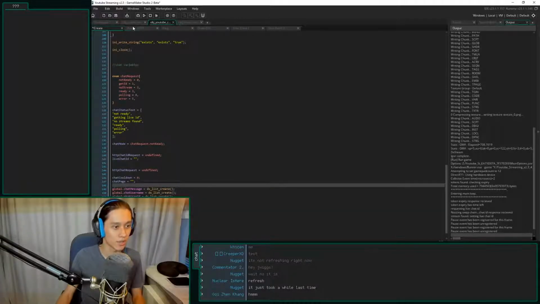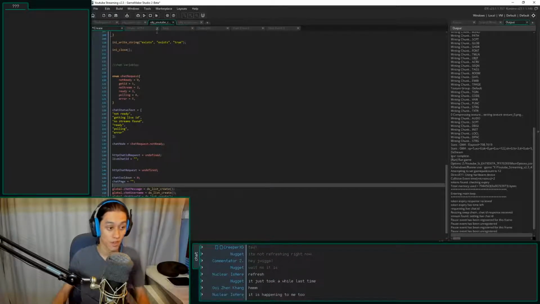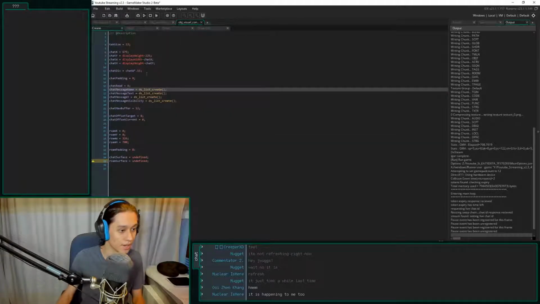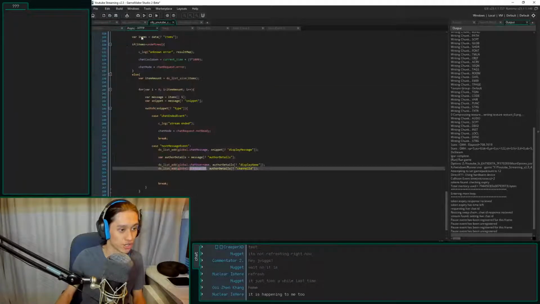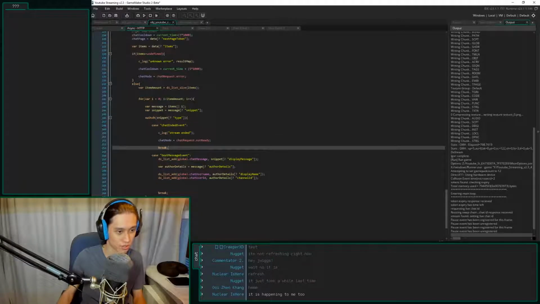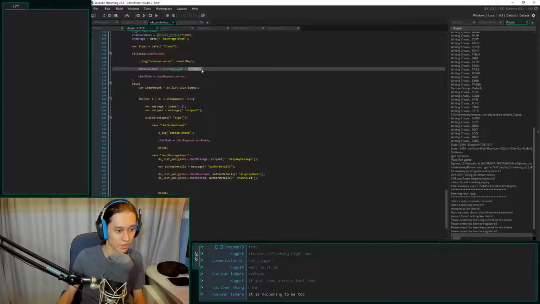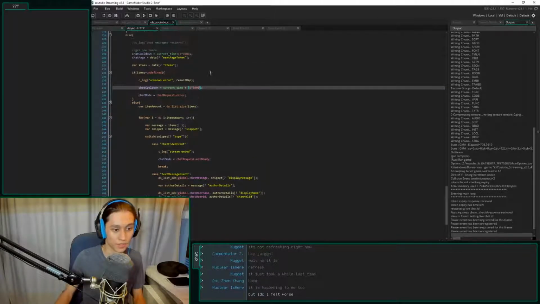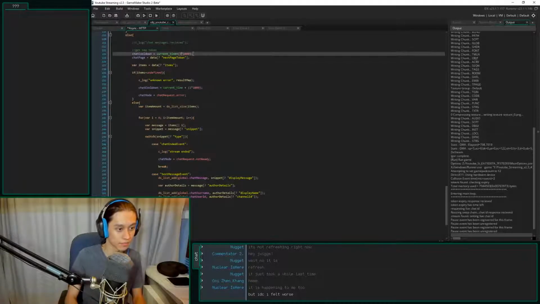That's right. I need to also shorten this. Now I don't have to worry about my quota anymore. I've gone through and applied to YouTube and they've given me a ton of quota, which I'm very happy with. And so I can change my asynchronous event. Here we go. Chat cooldown equals... Right now it's the current time, adding 5 extra seconds. I'm going to change this to just 1 extra second.